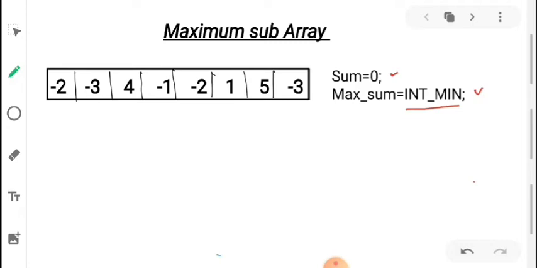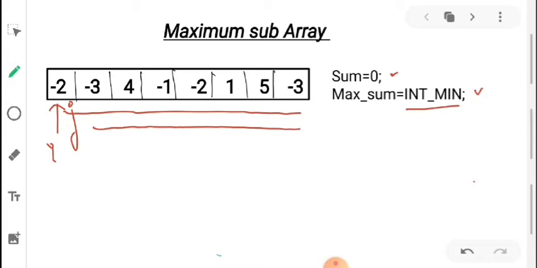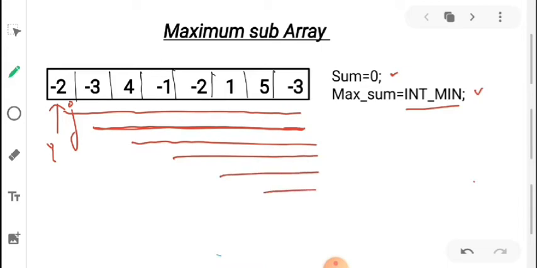So i will start at the 0th index and j will start from i, right? At the very first, the loop will calculate this sum, and then whenever j increments, the sum of this subpart of the array will be calculated, then this, then this, then this, then this, then this.